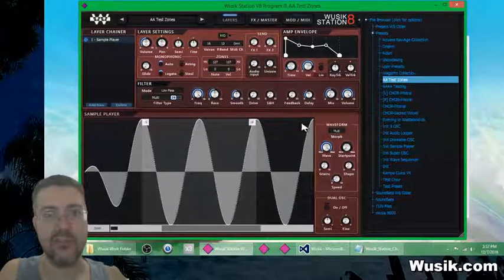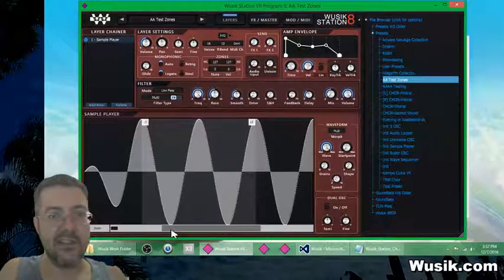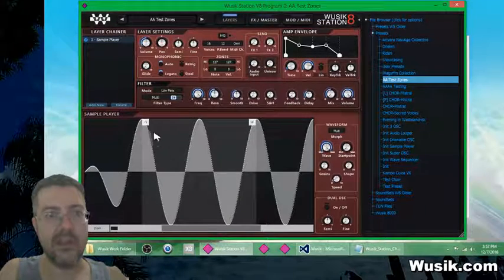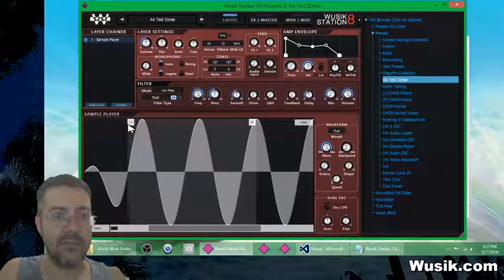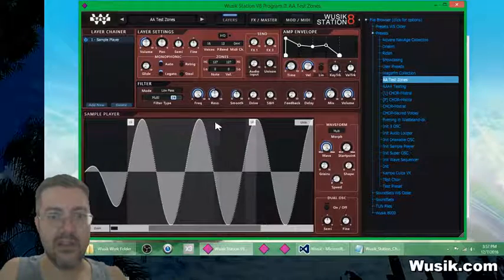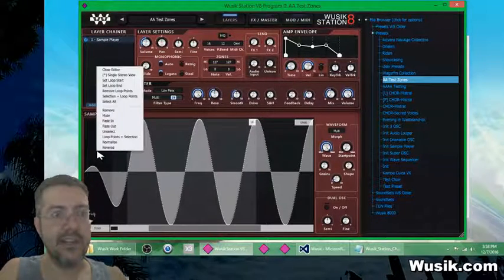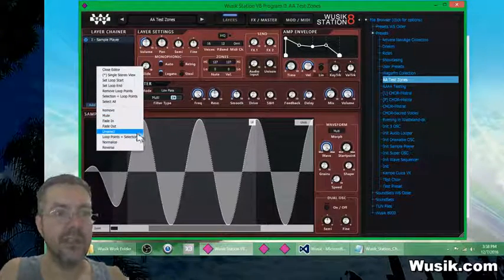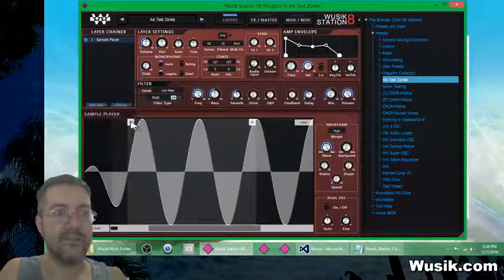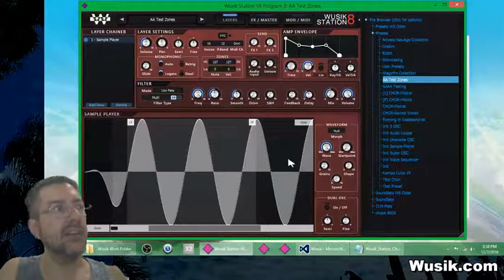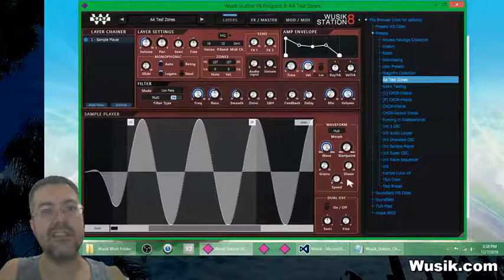So I click edit waveform, and now I can see the whole waveform here. I can edit the loop information. I can select a portion of the waveform and then do a fade in, fade out, mute, remove, normalize, reverse. I have these options, but you have to keep in mind that this is not saved on the project or